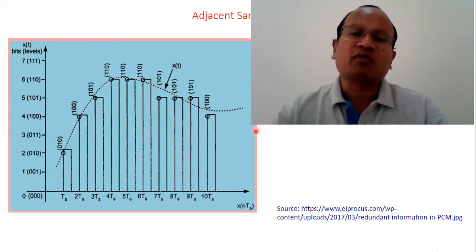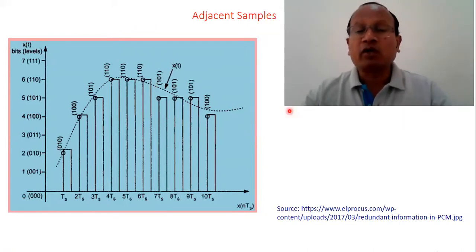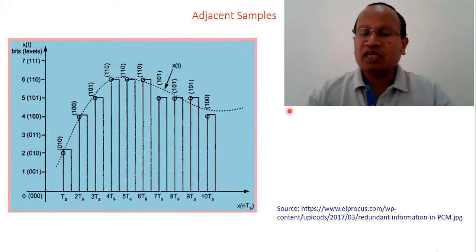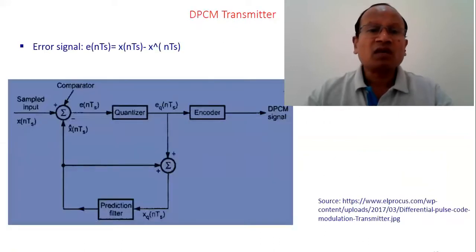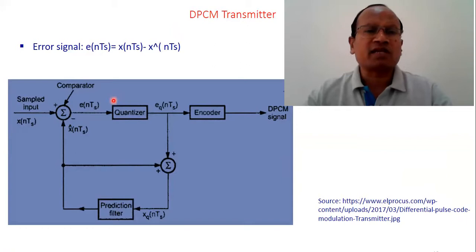The number of bits required will be less, and without loss of any information, we do it, and therefore we apply the DPCM in the process called compression. This is one block diagram where a transmitter can be seen, where the discrete signal samples are coming, and then it is sent to a quantizer, but an error signal is generated.